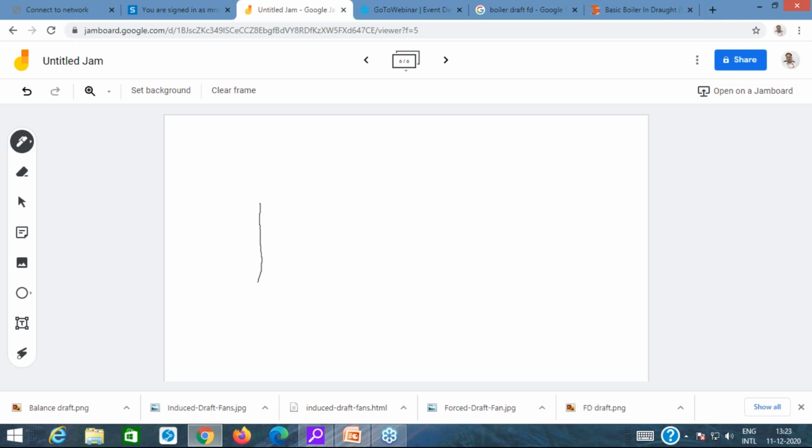So there is a boiler. The boiler actually includes the superheater. So I'm just drawing a block diagram. Let us say that this is the main boiler, and I'm drawing this superheater separately, because this is a block diagram. So just don't worry about it. Just for understanding, suppose this is a superheater.